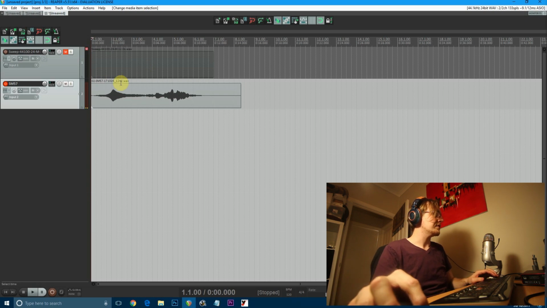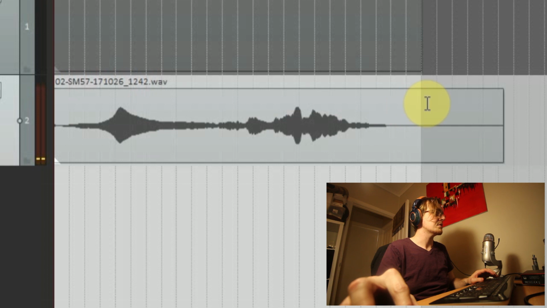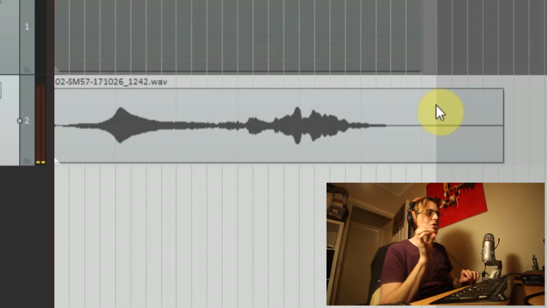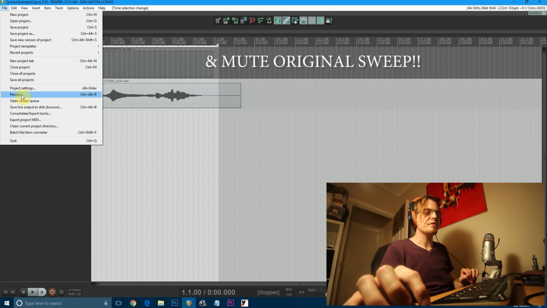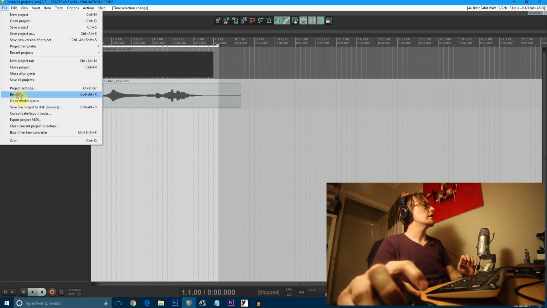So now what we have to do is take this whole file, which is that long, and then a little bit more. This is very important. Make sure you've got some empty space on the very end of the recording, and export that as a WAV file. So I'm just going to hit render,